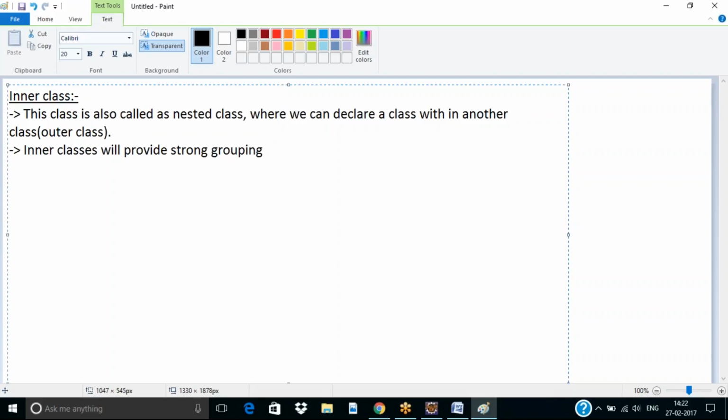That is, logically we can group classes and even interfaces also, not only just classes. Interfaces in one outer class. In the outer class we are logically grouping multiple classes and interfaces, so that